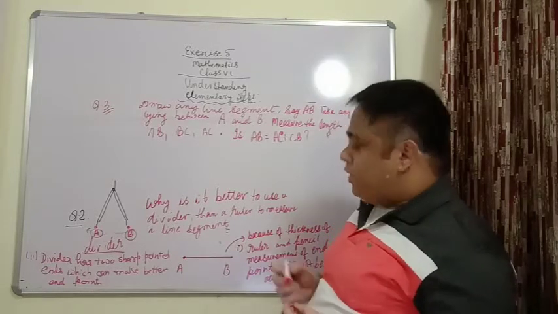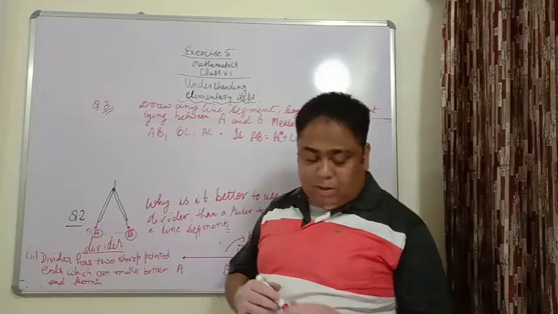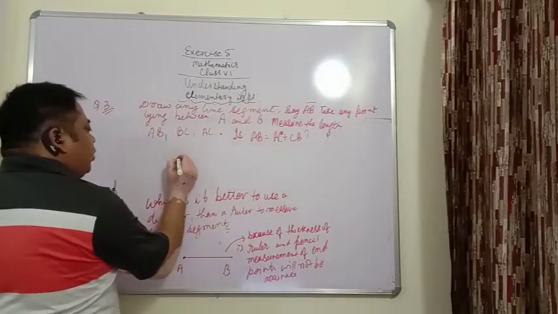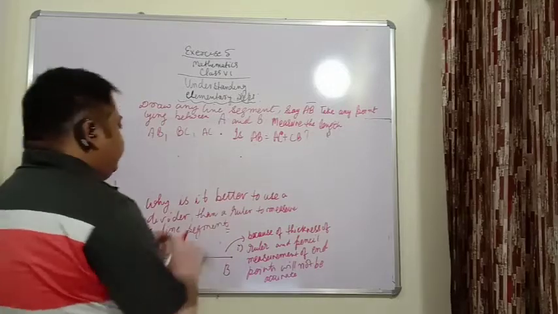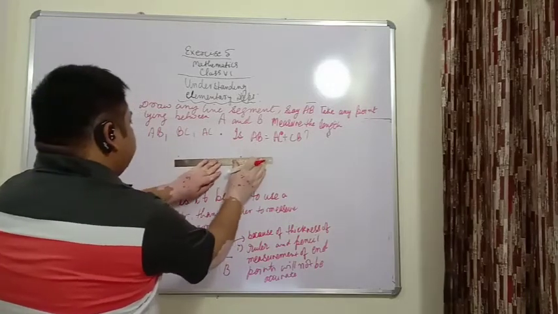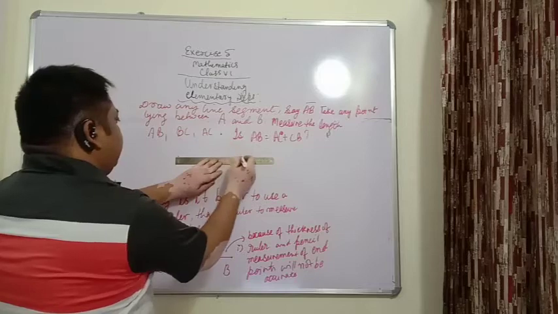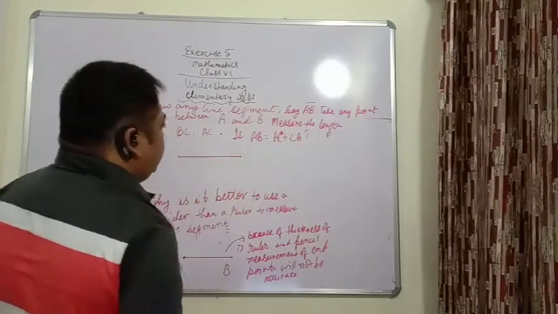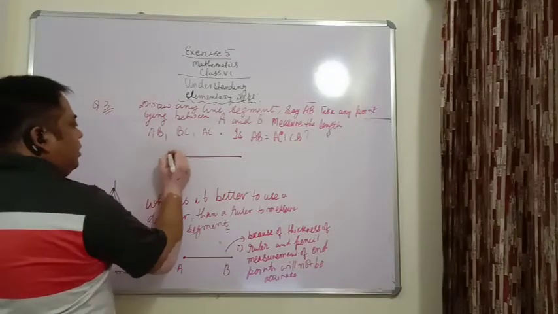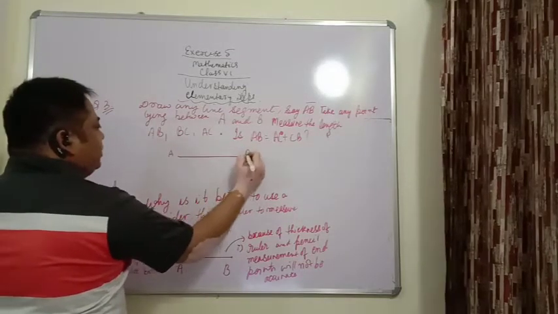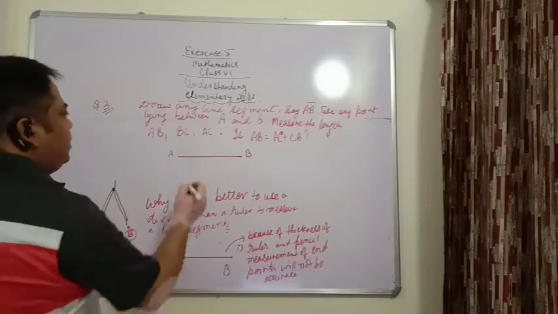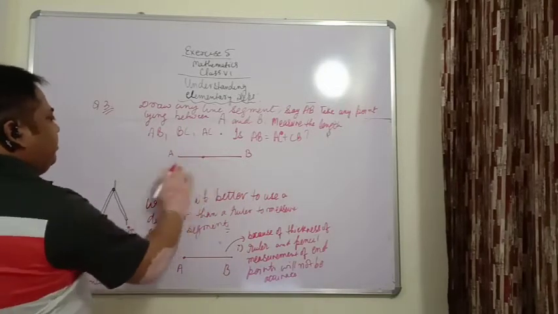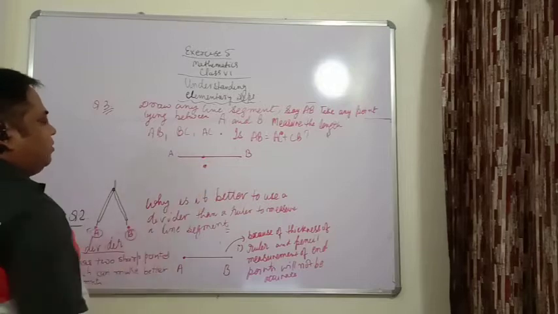So they are asking us to draw a line. So without thinking of anything, what we can do, we can take one scale. First of all, we can make 2 points, and then these points can be joined with the help of a scale. Do it with a sharp pencil. So let this be AB. I don't know its length. Now they are saying take any point C. You can take any point, not necessarily where I am taking it, so we take here. You can take C anywhere in between.